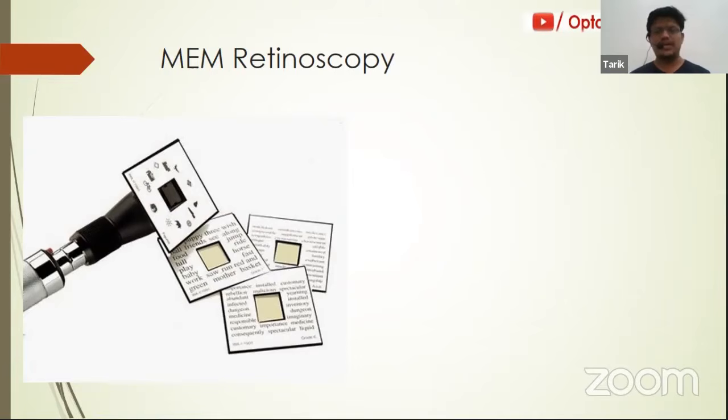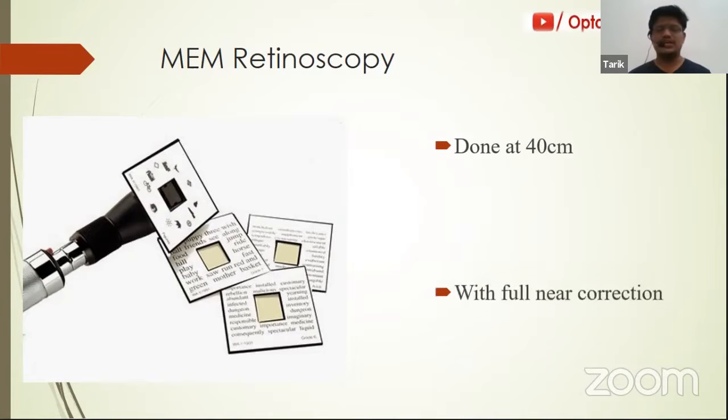So that will make you aware whether the patient is actually focusing right over the target or not. Because many times, when you ask the patient to just look at the target, the patient doesn't concentrate there and you cannot assess the accommodation properly. So generally this test is done at 40 centimeters. So you are 40 centimeters away from the patient. The retinoscope is at 40 centimeters and you ask the patient to fixate at that, done with a full